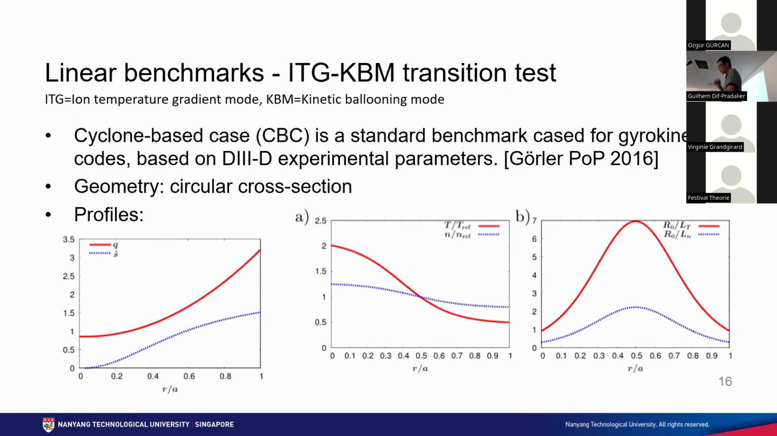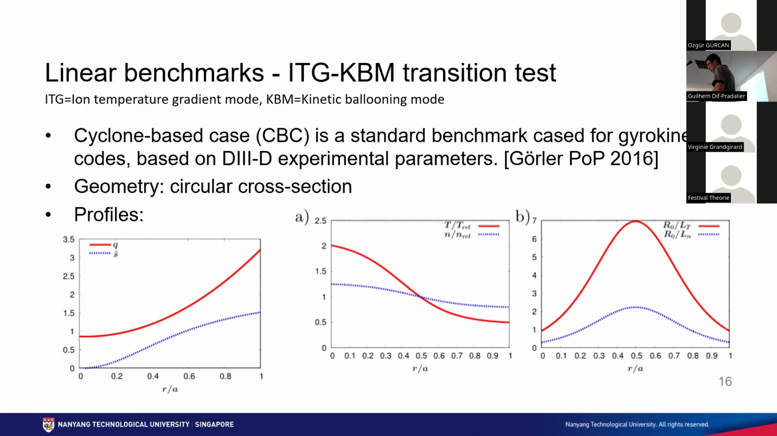And another test that we normally do to make sure that the code is working is to look at the transition between the ITG, which is short for ion temperature gradient mode, and the KBM, kinetic ballooning mode. So these are two different instabilities that happen at different beta. The base case that we are always using is the so-called Cyclone base case. It's kind of like a tokamak with a circular cross-section, and you can specify what are the profiles of the